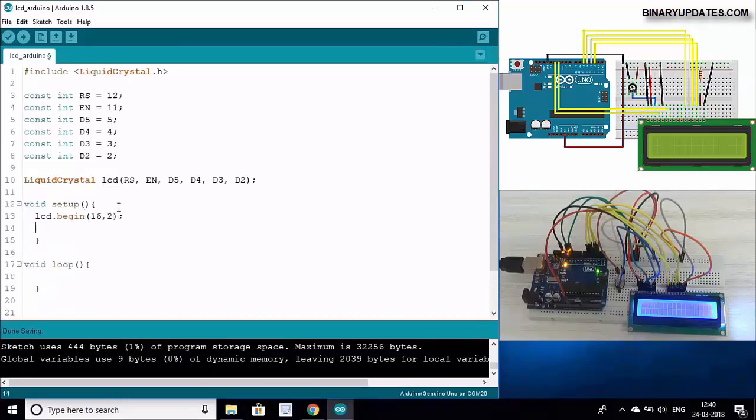And the first thing that we want to do with the LCD is print the message hello on the LCD screen. So we'll say lcd.print, and then I have to type the string that I want to print, here in this case hello. Once this is done, we just upload the sketch and see if we are able to show this hello text